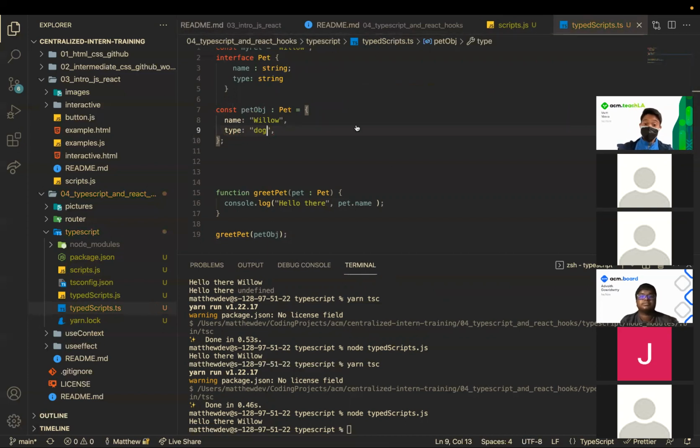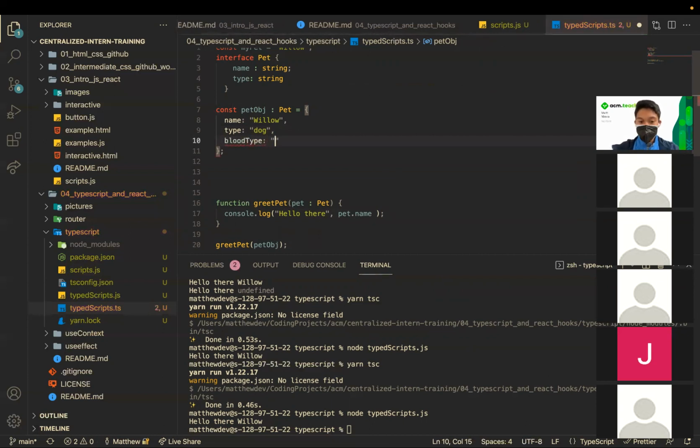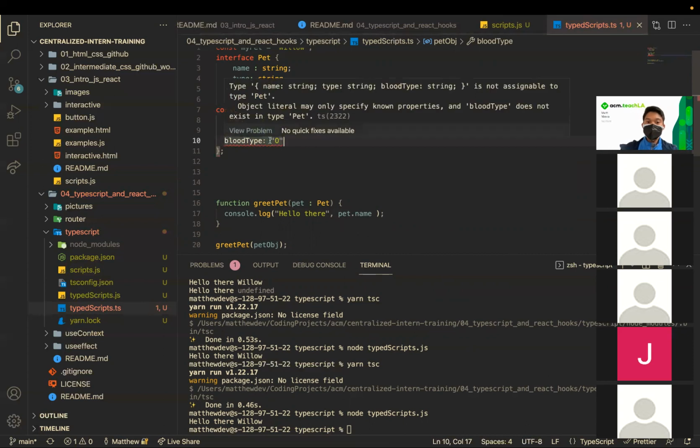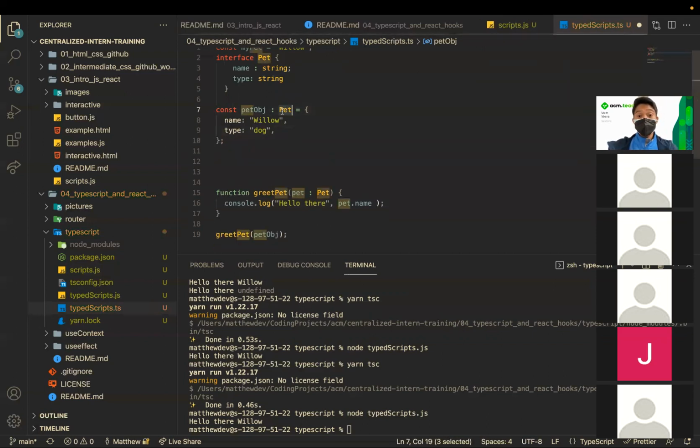And it looks like we have another question saying, if the pet object had more data members, would it still be considered a pet? Let's see that. Let's try giving it a blood type of O, and it tells us, blood type string is not assignable to type Pet. However, this also raises an interesting question, because if you had a separate object, which is not going to be called a pet, but we said its blood type is O,